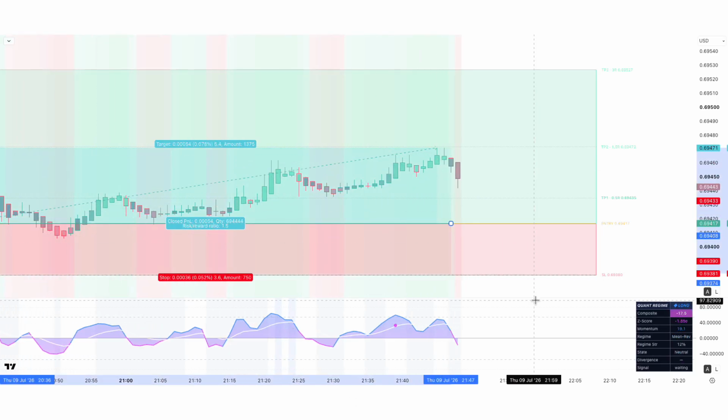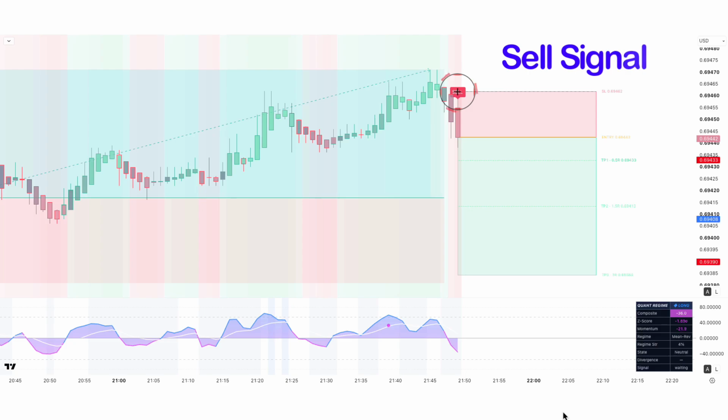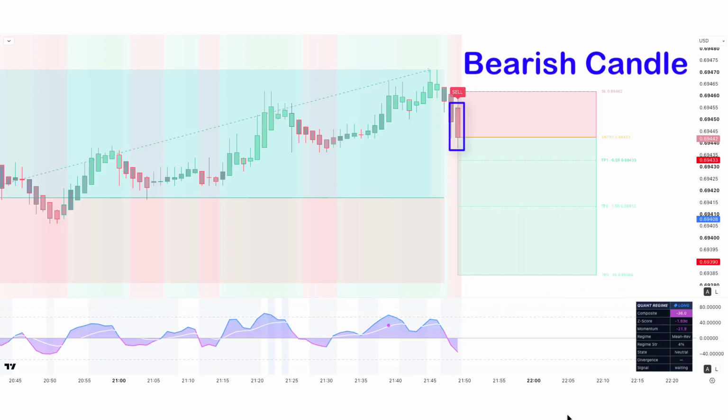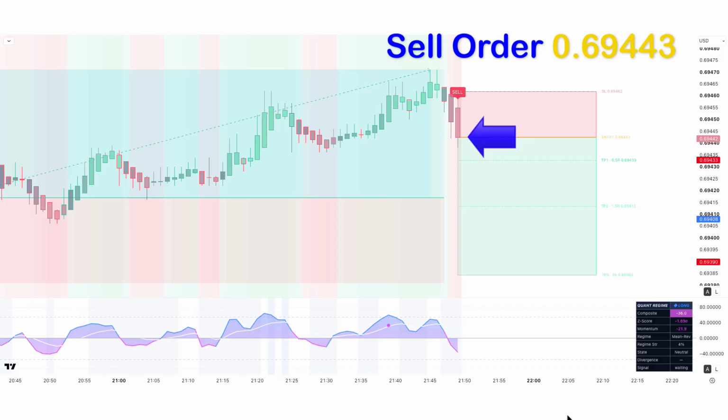Let's find the next trade. Here the Quant confluence label down of this is sell signal. Here the pink line of Quant regime oscillator below the zero line. Here market has made a bearish candle to give confirmation. So all our conditions are being fulfilled. So we are placing an order to sell